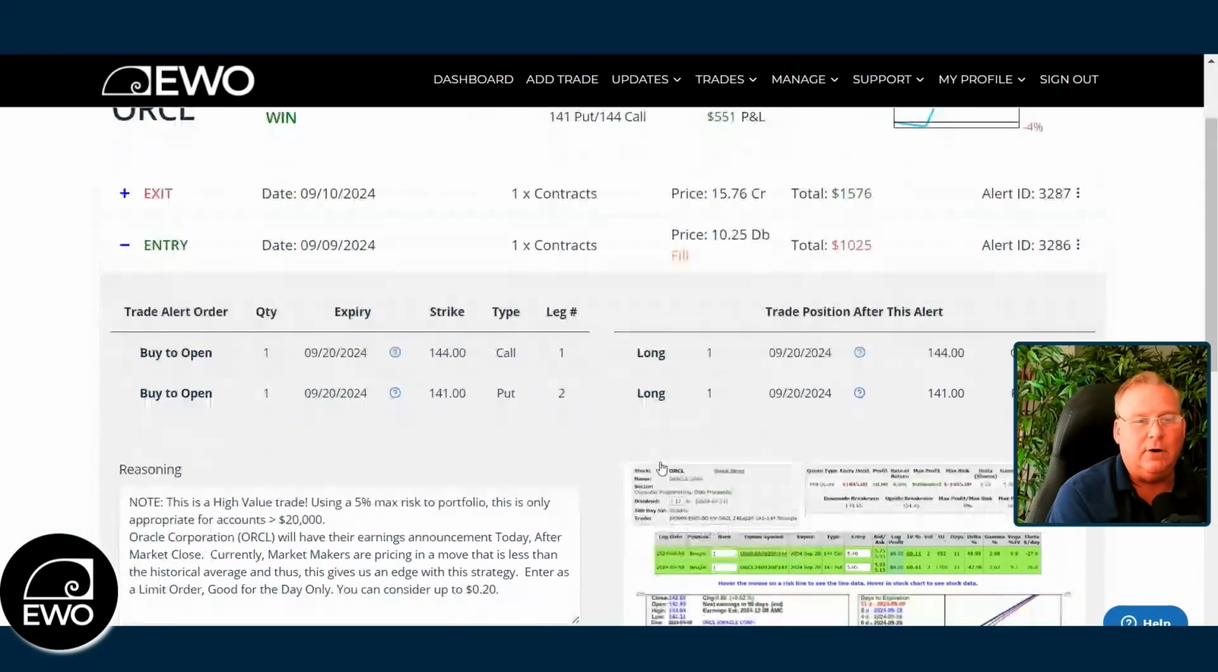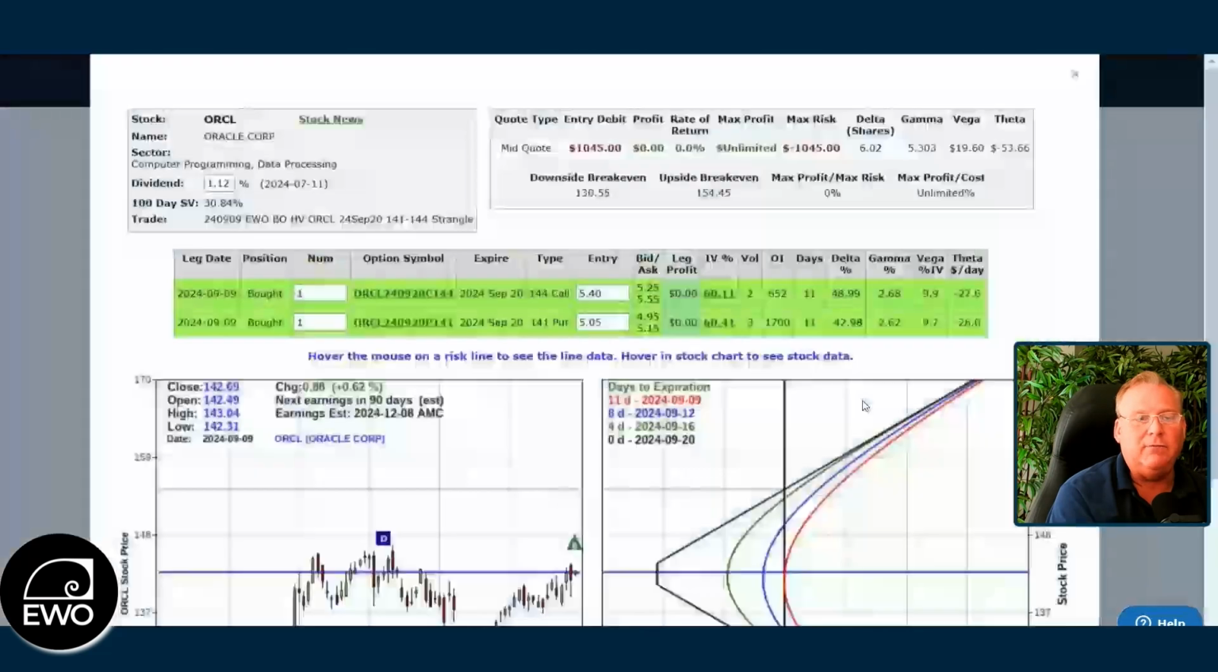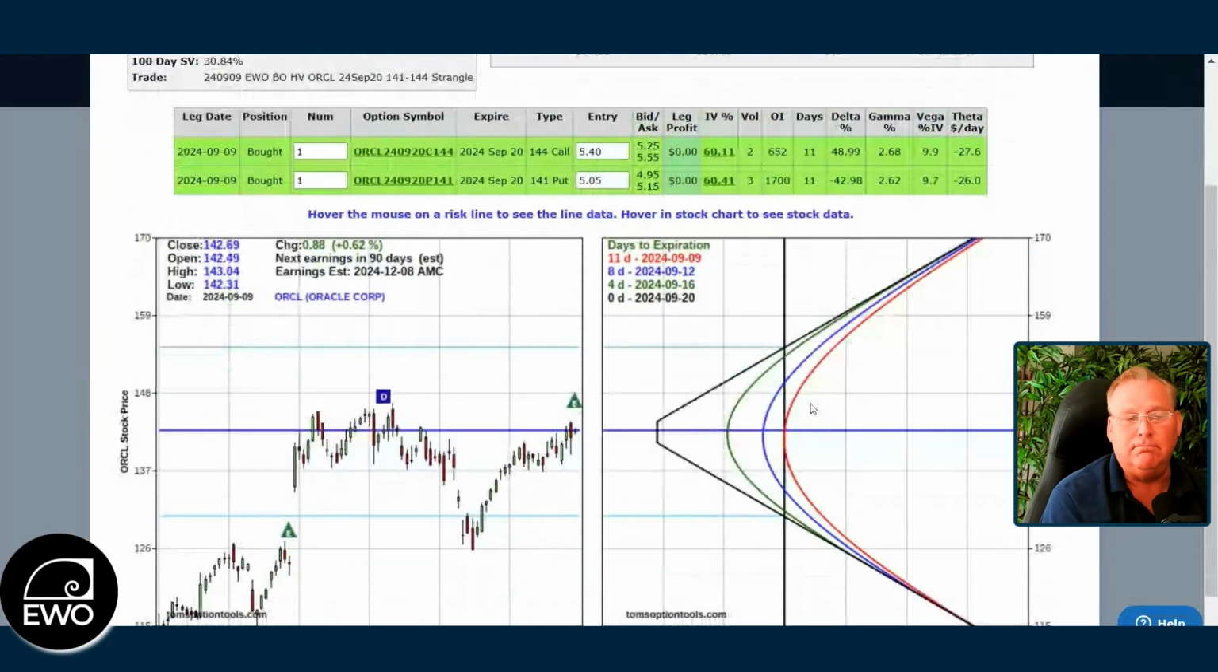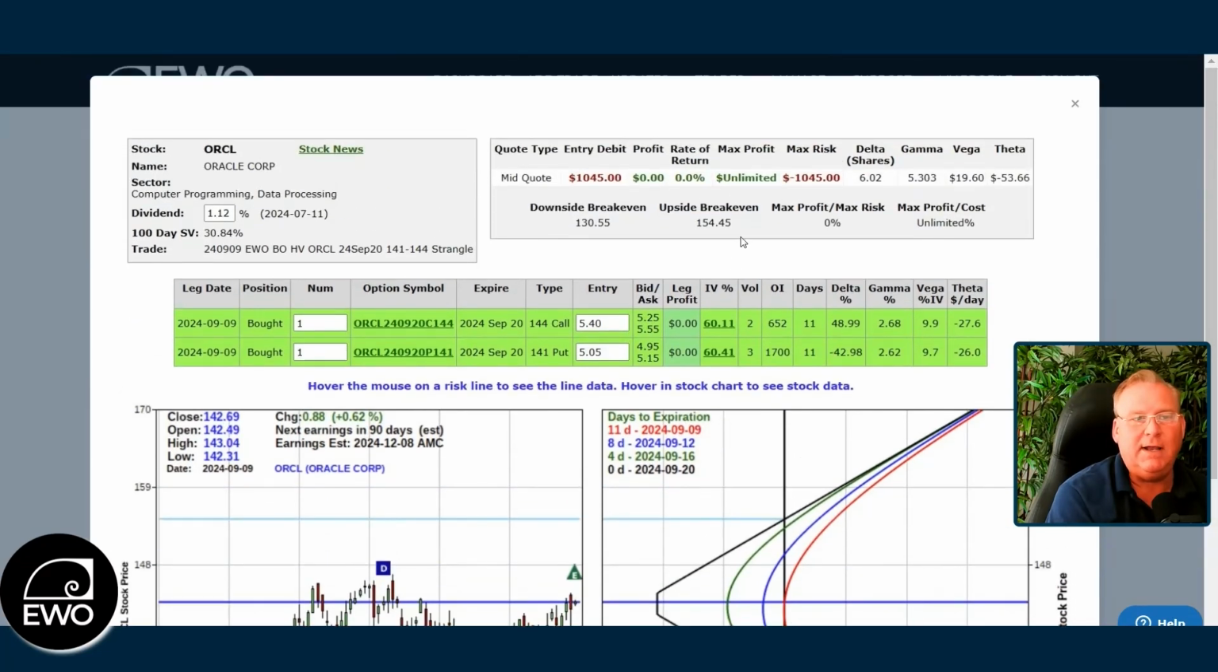This trade went out on September 9th. If we look at the option modeling here, stock chart on the left, the risk graph for the long strangle is on your right. We had earnings that day on September 9th for Oracle, and the earnings were coming out after market close. One thing I want you to notice, in the upper right-hand corner, the gray box, you see downside break even and upside break even. Pay attention to those two numbers, 130.55 on the downside,